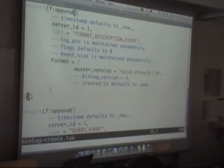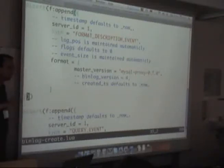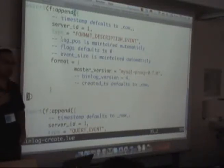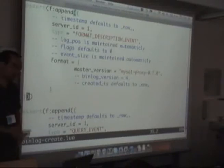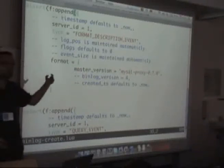So there was no way that you could create your own binlogs, for testing, or for reproducing stuff, or for actually doing some interesting stuff that I will show at the end. There was no library to do that. So if you hadn't written your own, there was no way. The libraries from the previous slide and this Lua wrapper around it now allow you to